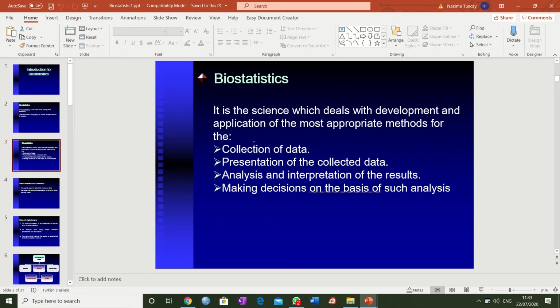Yes, biostatistics is a collection of data. It's a presentation of collected data, and we are going to do analysis and we are going to interpret this analysis. This is the most important part where we need statistics, because there are lots of programs which can calculate, like Stata, like SPSS, like Lisrel. There are lots of statistical programs, Excel, but the interpretation is the most important part here, because if we can interpret it true, then we will